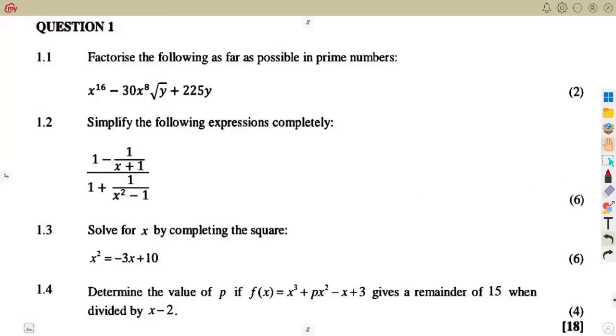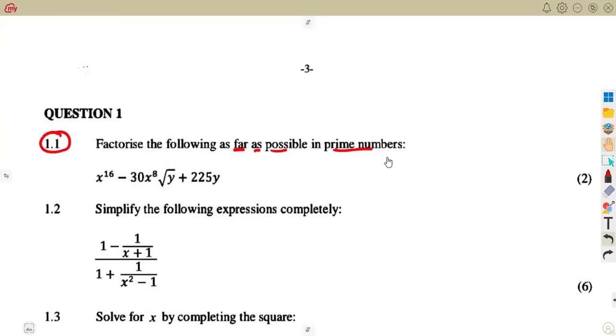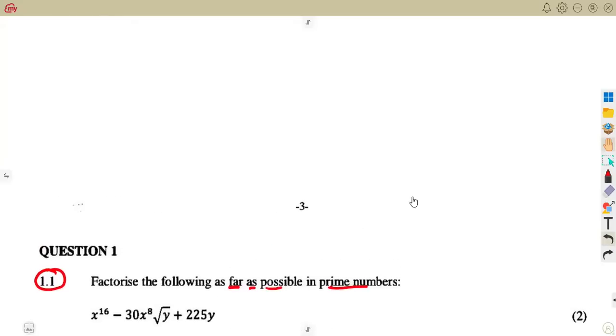On question number 1, that was 1.1, factorize the following as far as possible in prime numbers. That is considering prime factors. All right. So we are given in this case, guys, that is 1.1, x to the exponent of 16 minus 30, x to the exponent of 8. So this is the square root of y like this plus 225 y like this. So guys, I want you to be careful in your